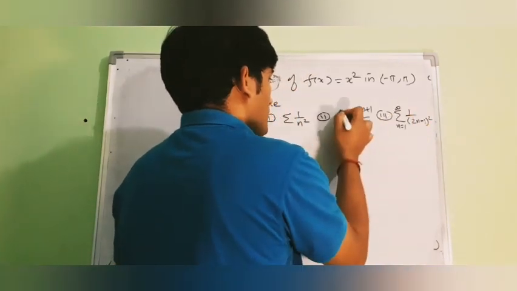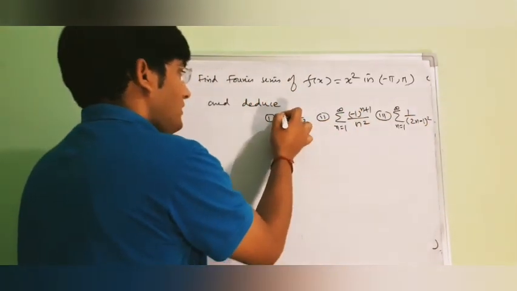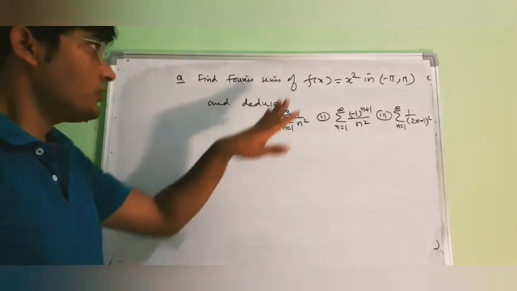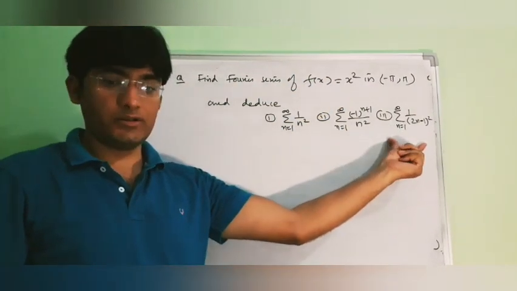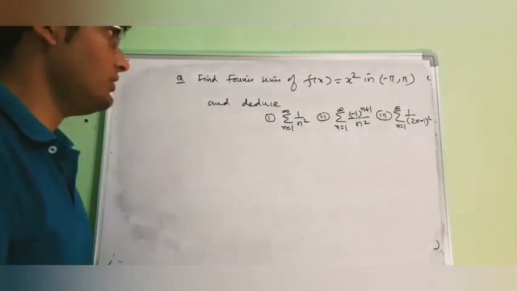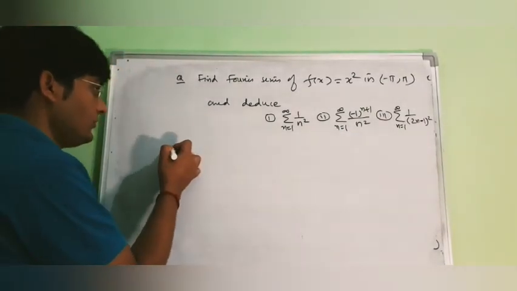Again here n is from 1 to infinity, and here n is from 1 to infinity. So with the help of the Fourier series we can have the sum of these three different series. So this is the important application of the Fourier series. Solution: